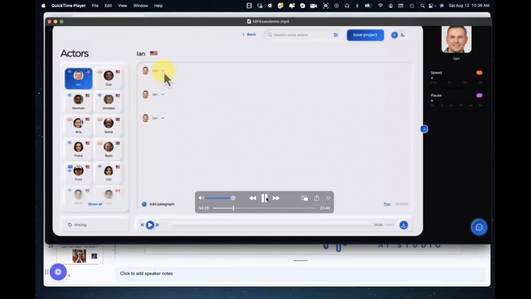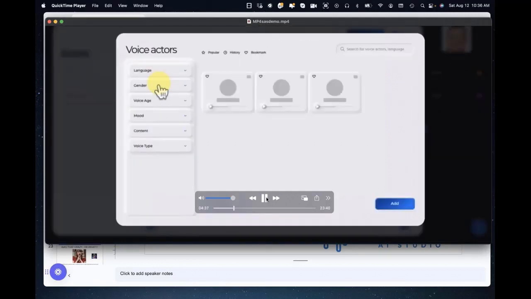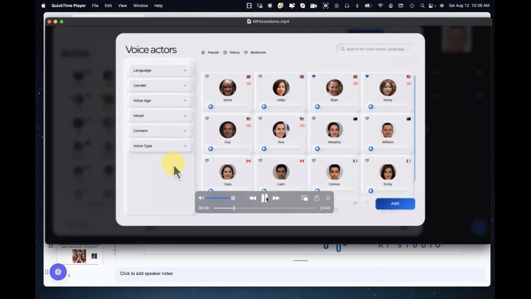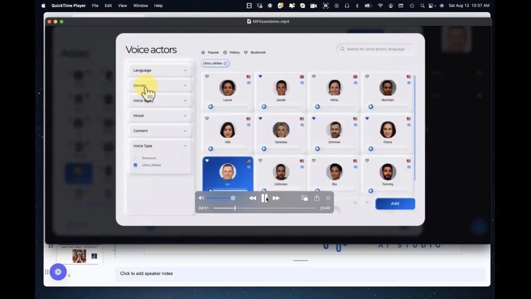But if we want to choose another one of our great real human speakers, we add an actor. We click the plus sign. Then we go to voice type, and we could pick premium, which are dynamite, and you could change their emotions, or you can pick even better the ultra-lifelike. Then you go to gender.